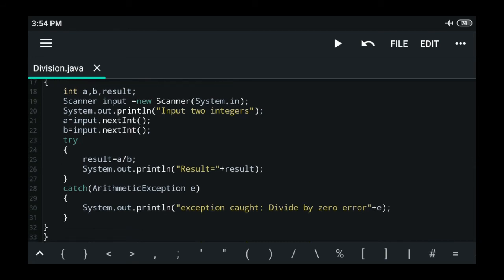So result equal to a divided by b throws an exception if b is equal to 0. Otherwise, if b is not equal to 0, the next line System.out.println is going to print the value of the variable result.